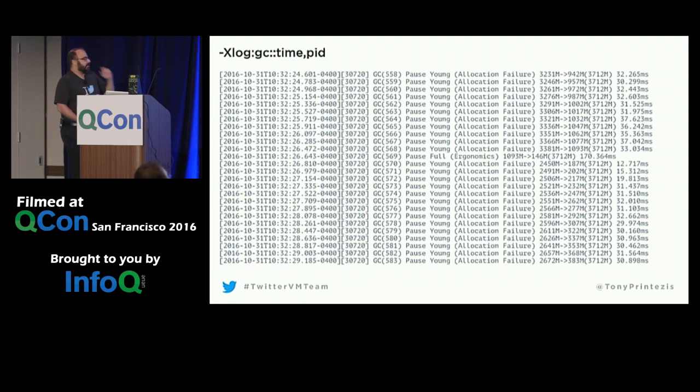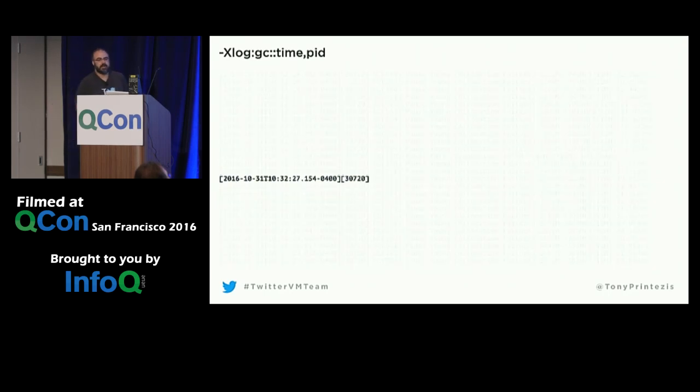So let's look at an example output. This is GC, and then we enable the decorators time and PID. So instead of what we were seeing before, now you see that time generates this very elaborate date stamp, right? And then the second column is the PID. Why is this helpful? Maybe you end up sending the output from different VMs to the same place. So again, you can reliably separate it.